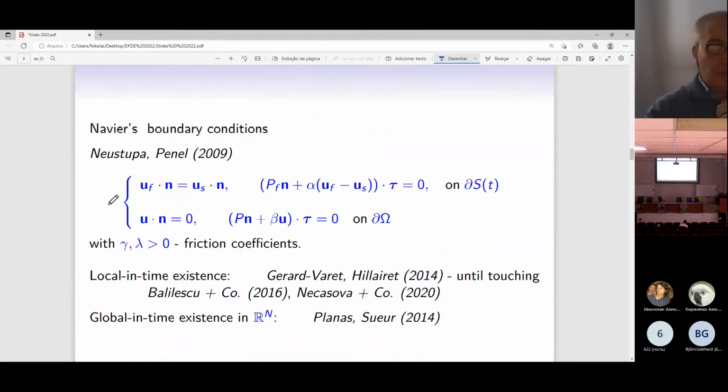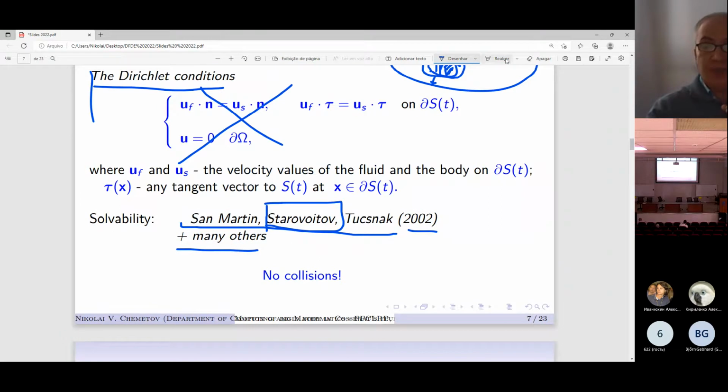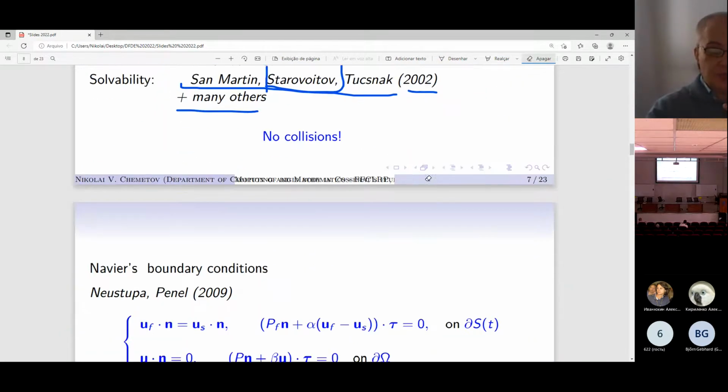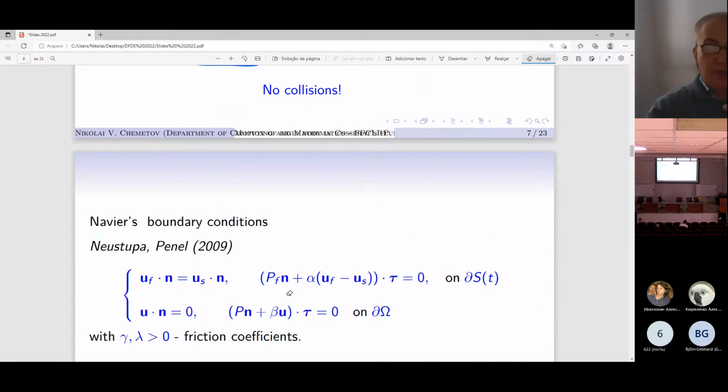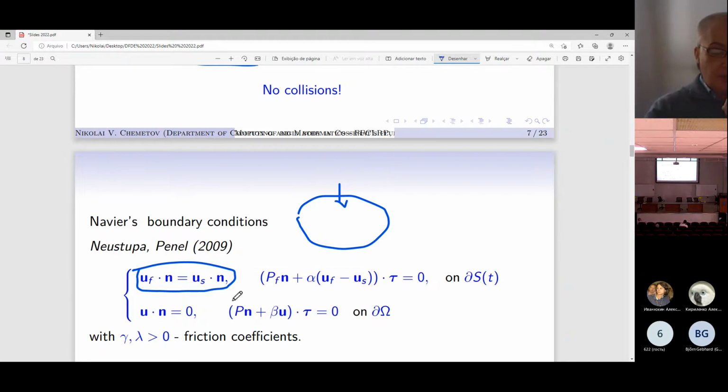And the first positive step was made by Neustupa and Penel, who suggested that instead of the Dirichlet condition, we consider on the boundary of the body the so-called Navier slip boundary condition. As you can see, this Navier slip boundary condition has two components. The normal component can be interpreted as meaning that through the surface of the body we have no flux of the fluid. That is the first one, and the second one says that